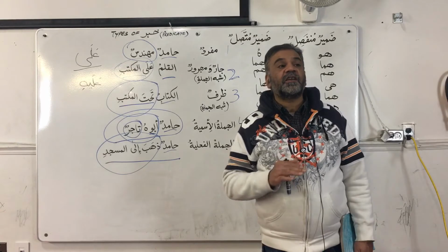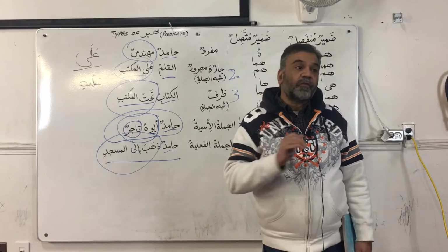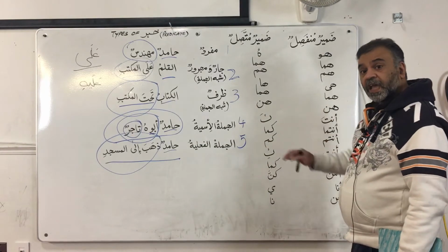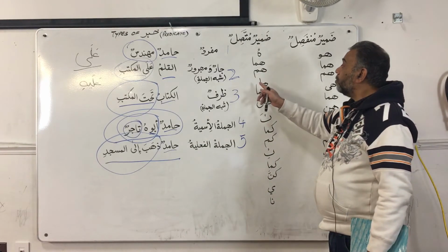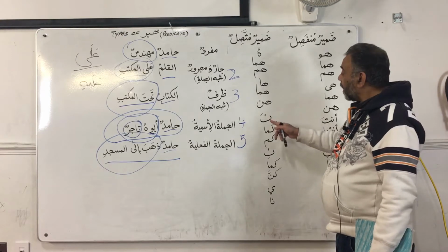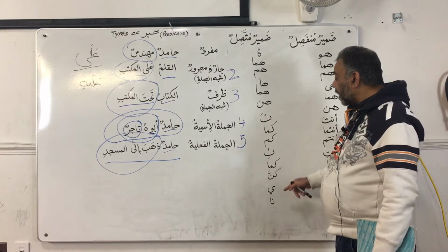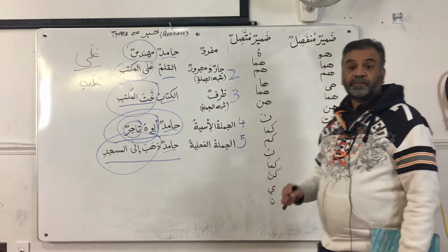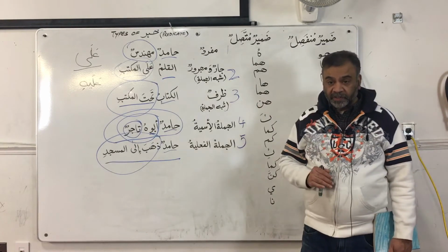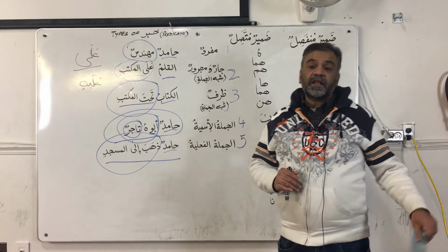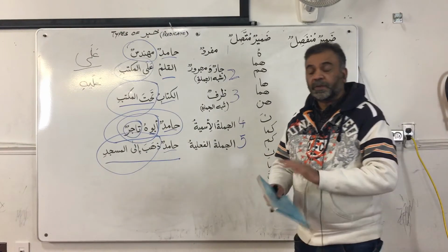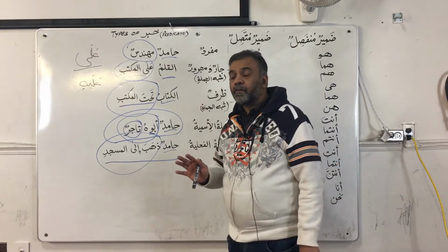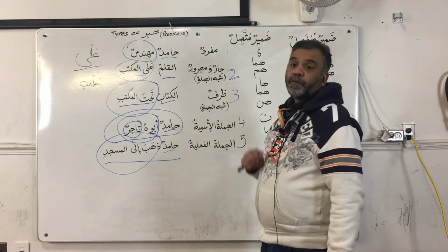Now, the last category we have not done, but it is for your information only. Now, what are those damirun muttasilun? Again 14 of them: hu, huma, hum, ha, huma, hunna, ka, kuma, kum, ki, kuma, kunna, ya mutakallim and na. 14 of them. And we had done some drills. And in lesson number 10, we will do some exercises. What we learned in the last class were 5 types of khabar.